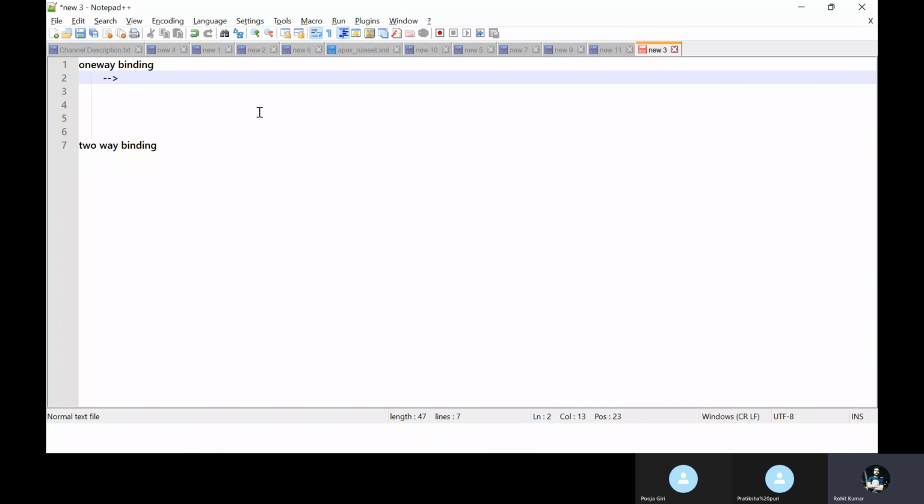So listen, one-way binding is a data binding in LWC.